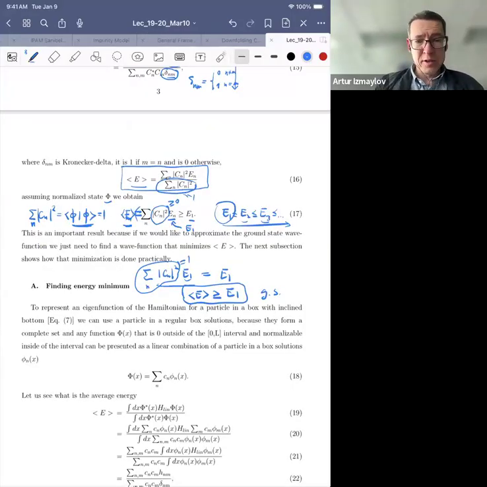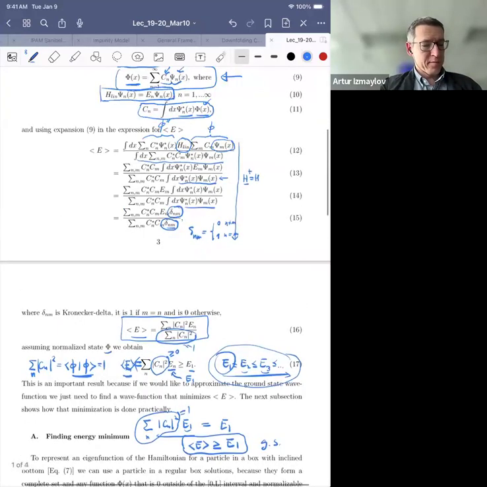And we needed bounded spectrum. Well, we needed bounded spectrum to write this. And we needed Hermitian Hamiltonian to be able to write essentially this equation from 12 to 15,